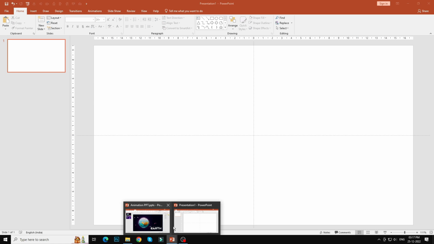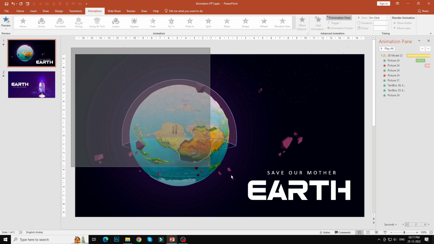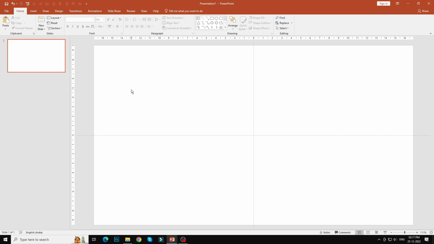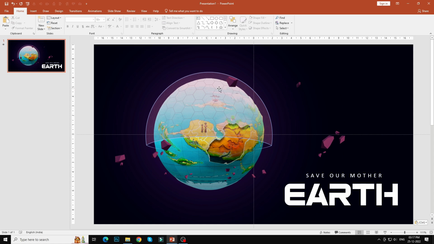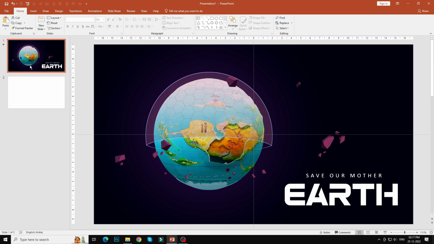Now let me go back to my previous presentation and let me copy everything from here to this new presentation that we are going to create now. I will just paste everything on this new slide. As you can see, I have pasted all the elements over here. Now let's create a new slide here and delete everything, and then let's drag one by one all the elements from here so you understand what actually we are going to do and how we are going to implement all these things. The first element over here is the background slide,